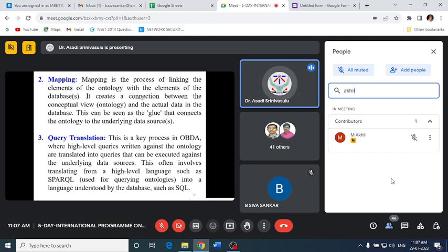Next major concept is query translation. So a query is a question. Translation is a conversion of one format to another format. So here I am taking high-level queries, questions written against the ontology, which are translated into queries that can